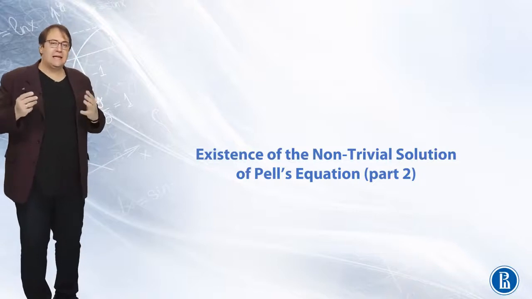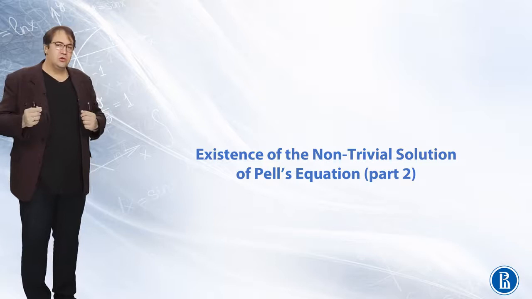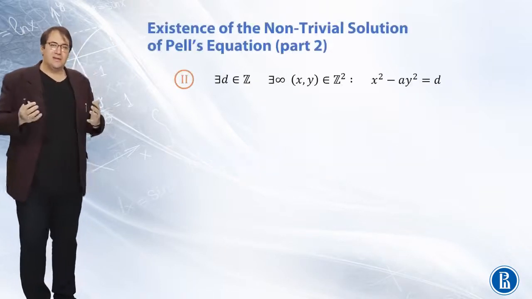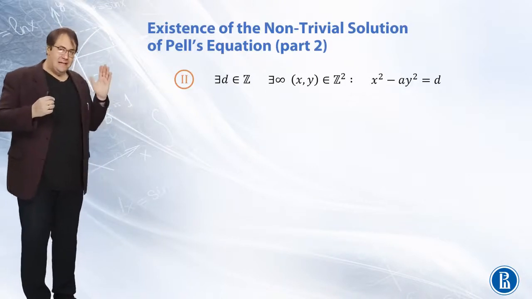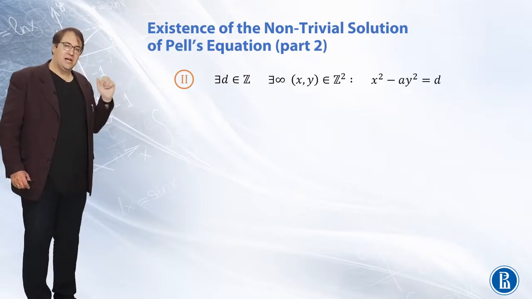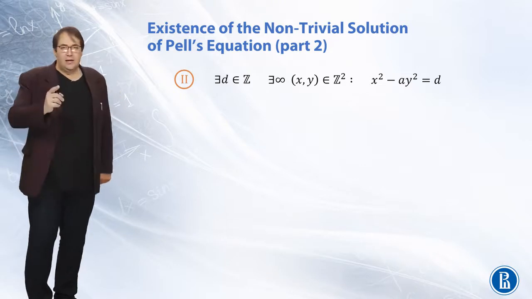Hi, this is the second part of the proof of the existence of the non-trivial solution of Pell's equation. So we already know that for some integer d, there exist infinitely many integer solutions of the equation x squared minus a y squared equals d. Now,